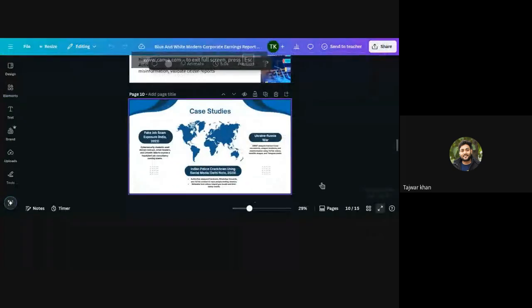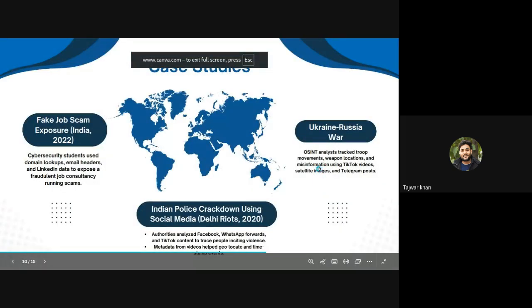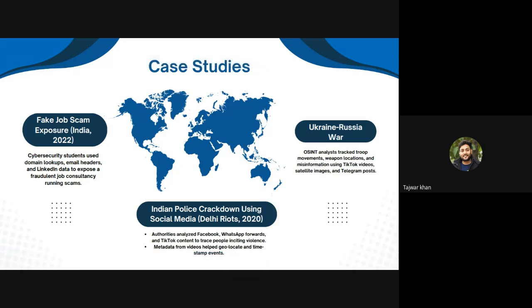So now if someone is claiming that they are very old, that they are the best in the market, you can do some kind of domain lookup, and you can understand whether they are really legitimate, or they are just committing some kind of fraud with you. And guys, these days lots of consultancies and lots of companies are running scams, and they are looting the hard earned money from the students. Getting my point? Am I clear? Yes, sir.